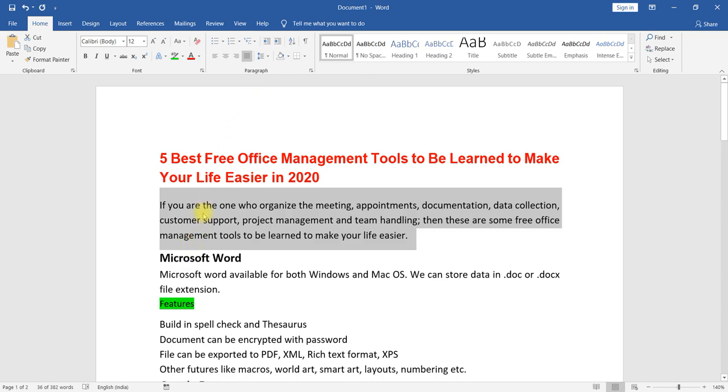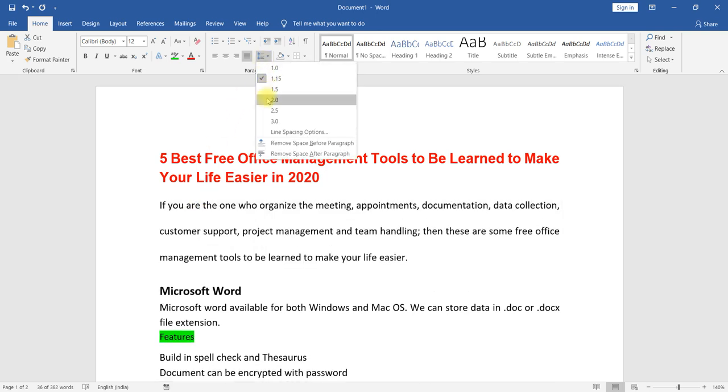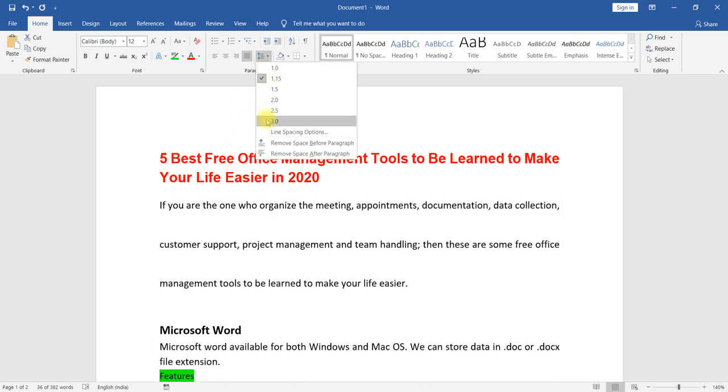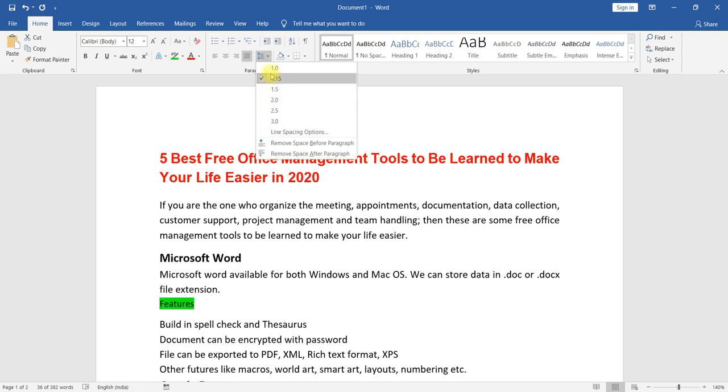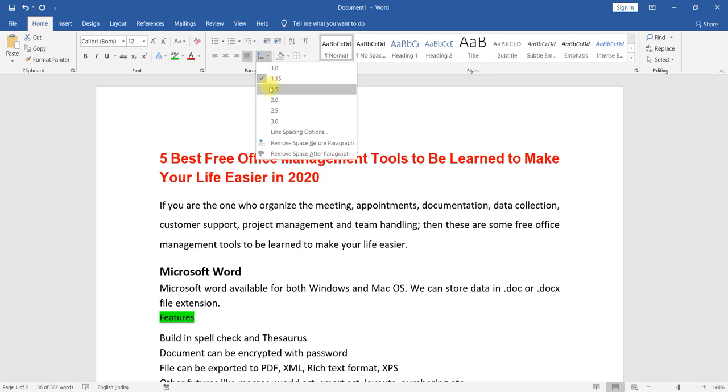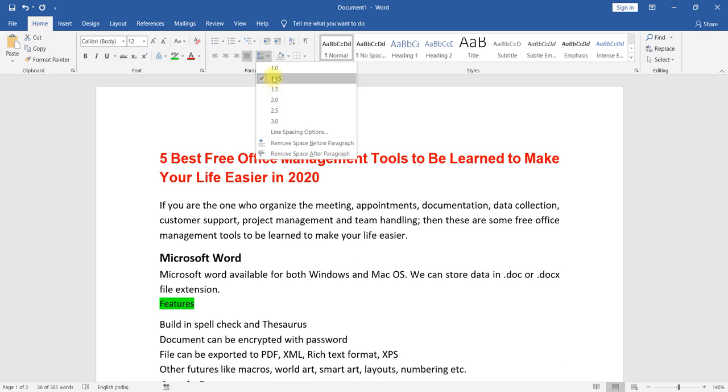Again, if you would like to increase the line spacing between the lines, then you can say 1.5, 2, 2.5, 3, like this you can increase it. 1.15 is a better one for readability. 1.5 will be too much spacing; 1.15 will be better, so you can select that one.